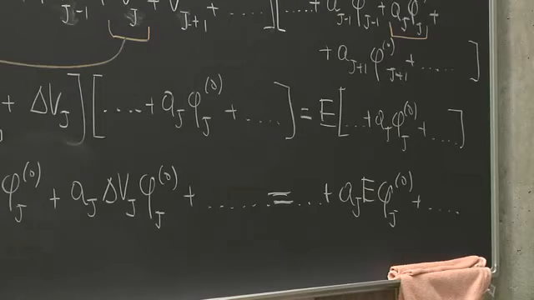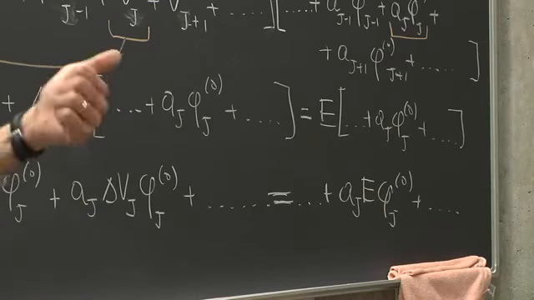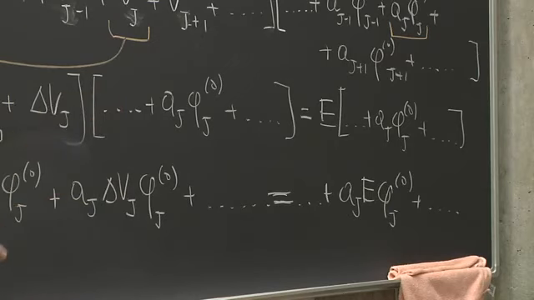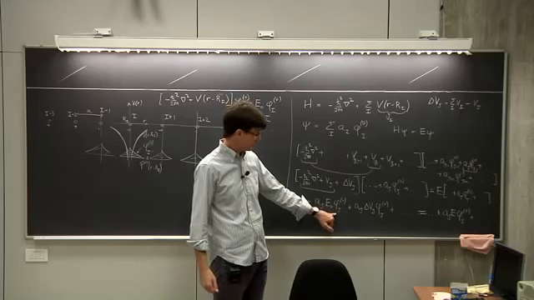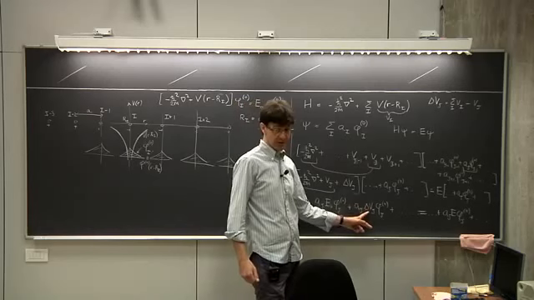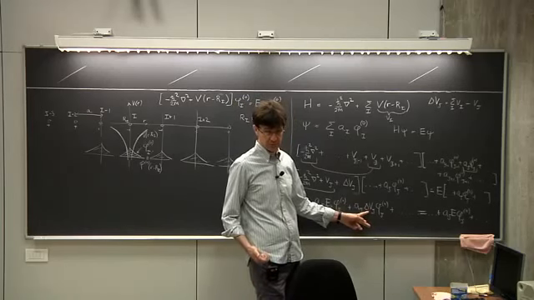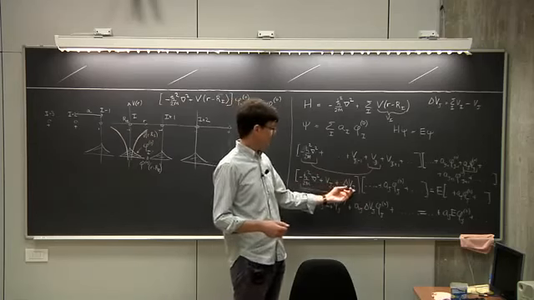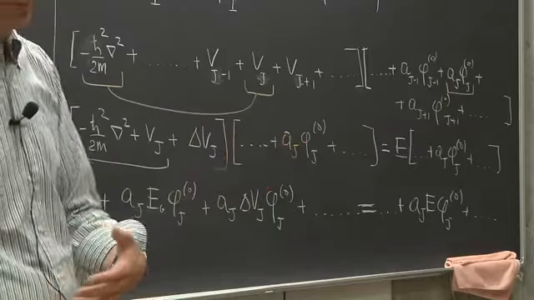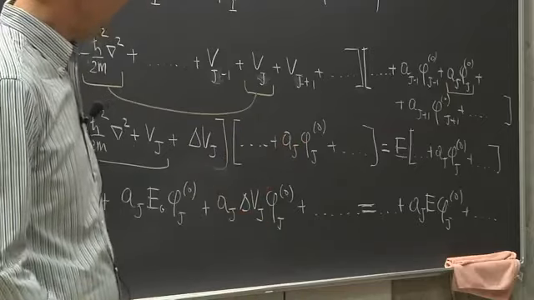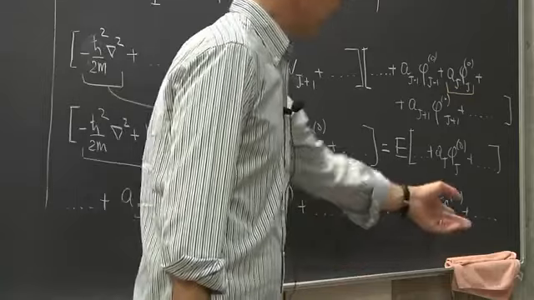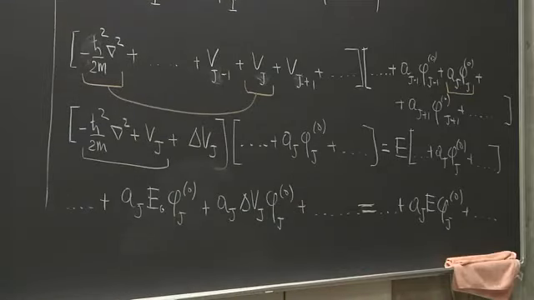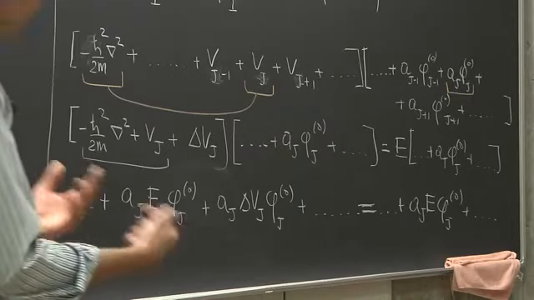Notice again, it's not that different with respect to what we did last time. Last time we had only 1 and 2 instead of an infinite series. We extracted out A1, E0, phi 1, if you remember. And delta Vj for us was just V2, because our total potential was just V1 plus V2. So delta V1 was V2. Okay, so this was V2. And also on the other side, there was A1, E phi 1. So I hope you just notice that this is exactly what we've done last time, simply extended to an infinite